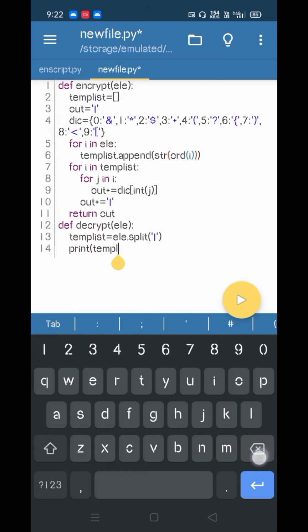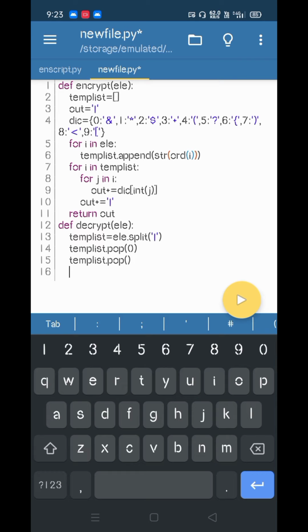So we should change this: templist dot pop of 0, and templist dot pop will remove the last one. There is no use of giving any index.